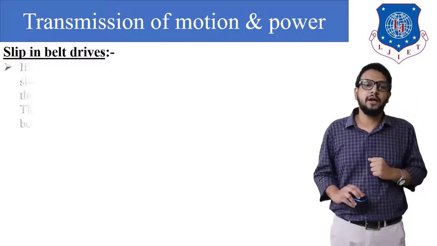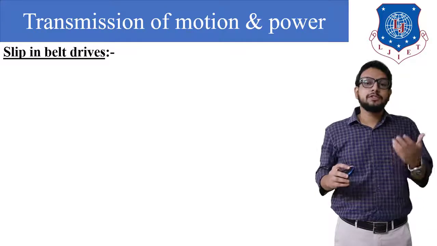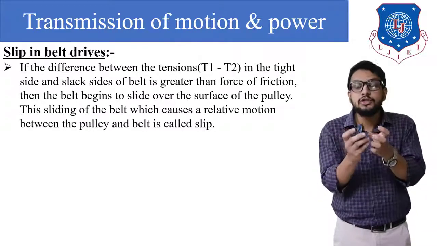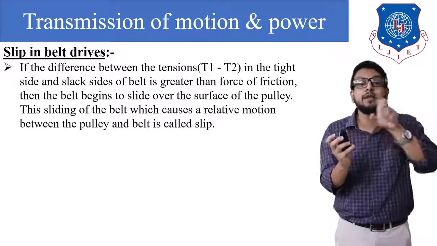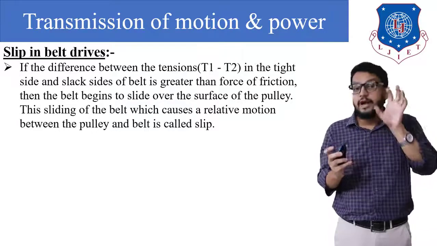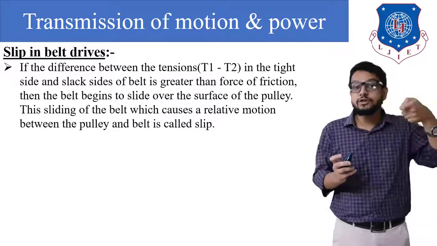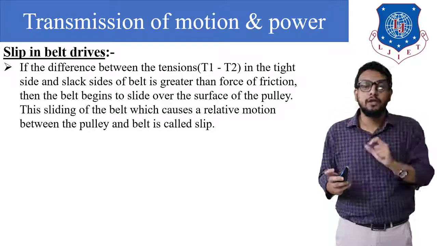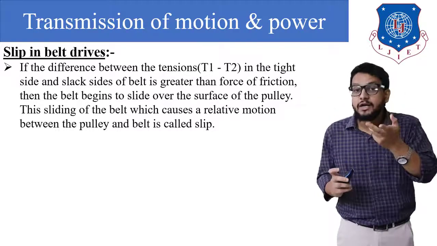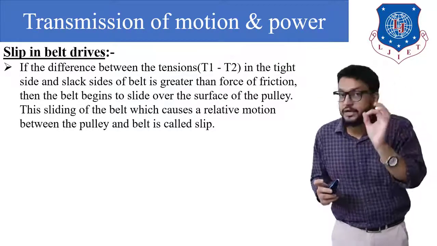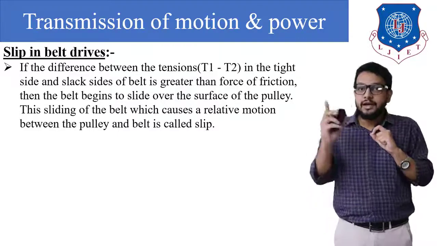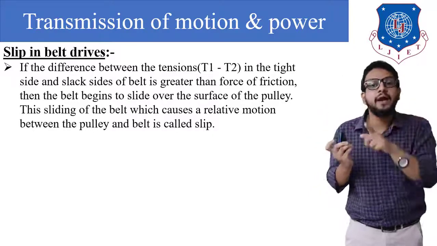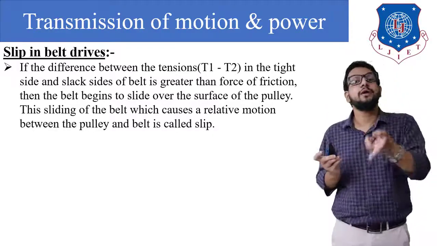Now further, slip in a belt drive. The next question is, what is slip? We can say that slip represents a forward motion of the driving shaft without carrying the belt. Okay, so the driving shaft is rotating but the belt is not rotating. Similarly, a slip can take place between the belt and the driven pulley. In that case, what is rotating the driven pulley? We would say the belt is rotating the driven pulley, right? So in that case, how can slip occur? We can say a forward motion of the belt without carrying the driven pulley.